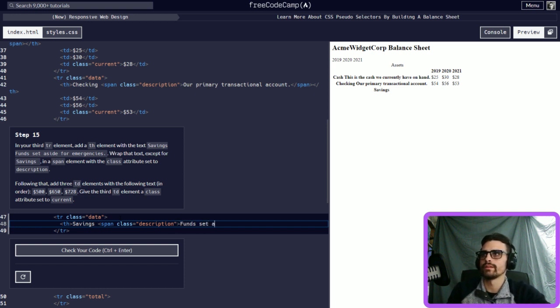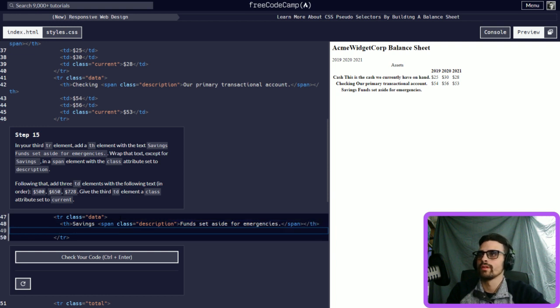Funds set aside for emergencies. Okay. /span /th. Okay. And then we will do the same